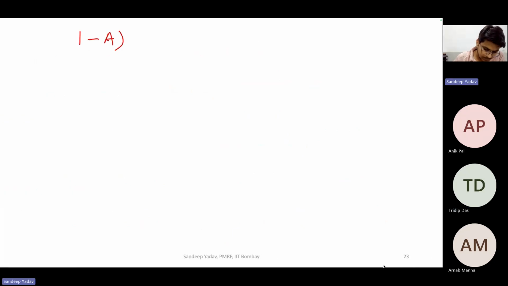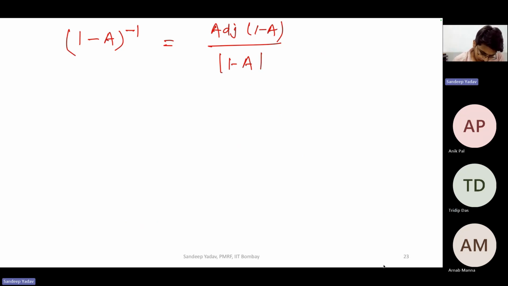So I minus A inverse, we know, is adjoint of I minus A divided by mod of I minus A. This thing we know, correct? I minus A